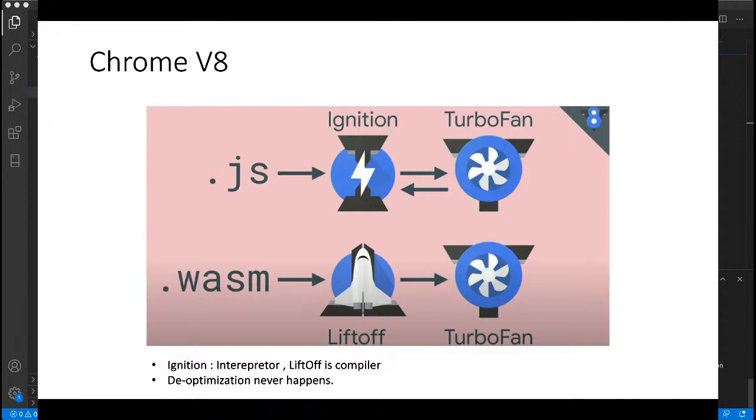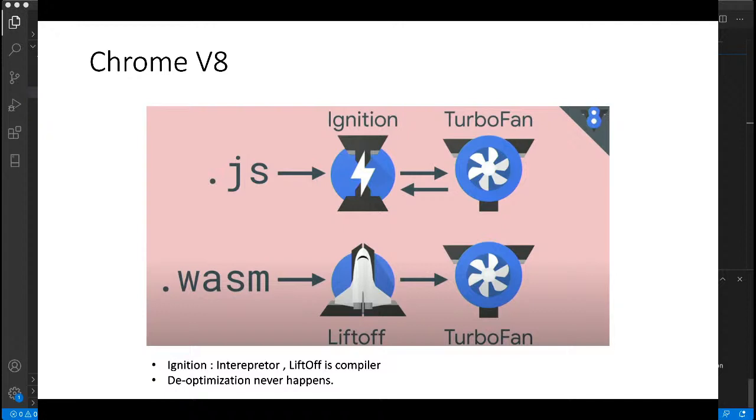And now Turbofan is the actual machine code runner, which actually runs the code on the machine. So now Turbofan will run the code on the machine. So now the ignition step is the main step that is consuming the time. It is doing all the compilation tasks and all the analysis generation, like how much memory you will be consuming, and what references your code is maintaining, and then pushing the compiled code to Turbofan.